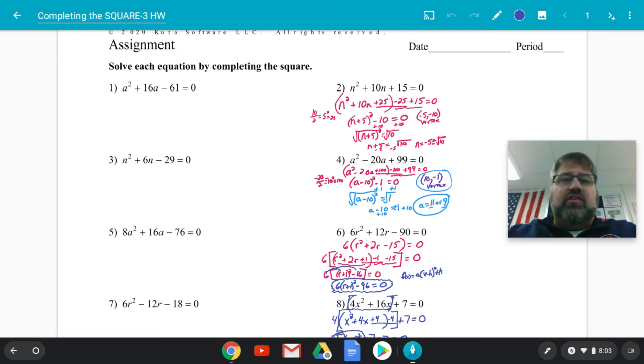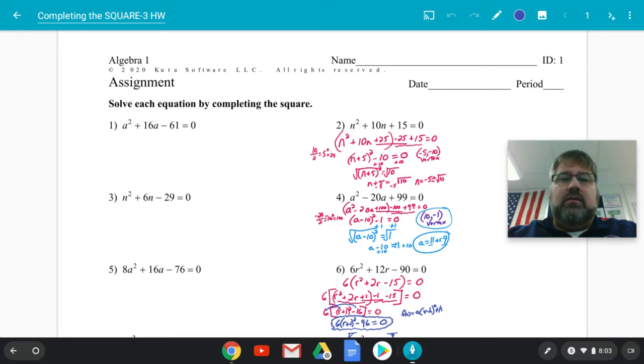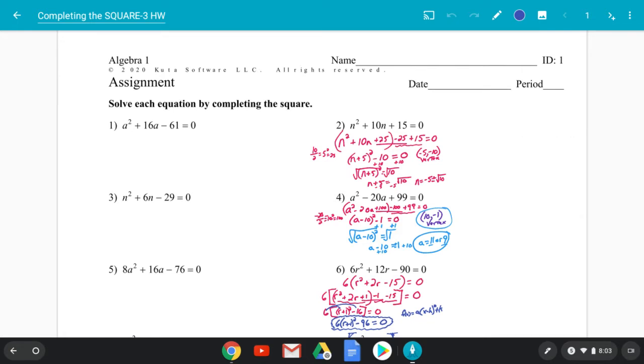All right, we're going to start by going over a homework, which was the odds on this assignment that we affectionately called completing the square 3. So I'm just going to start by doing these as quickly as we can so we can move on. Let's go to work. Number 1,